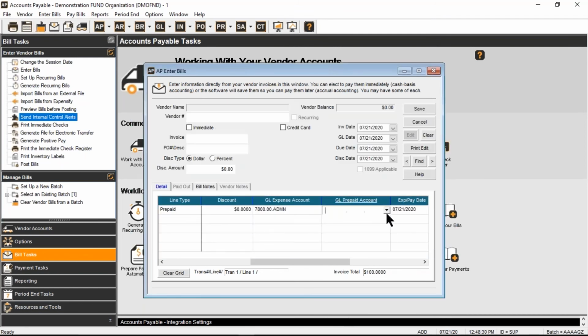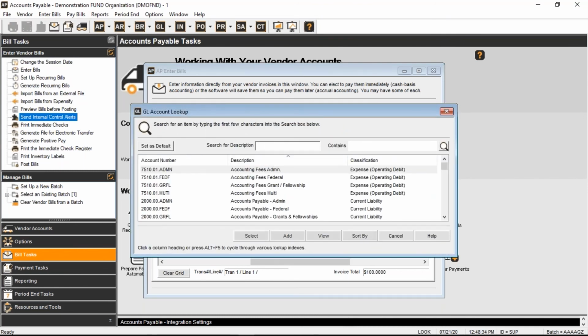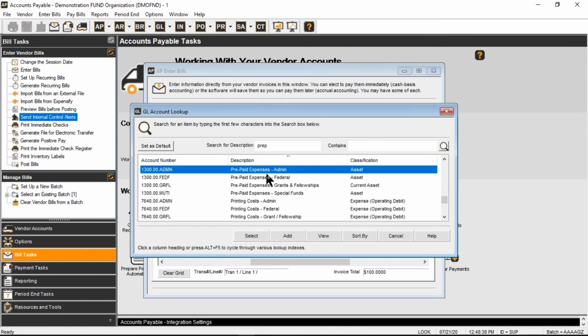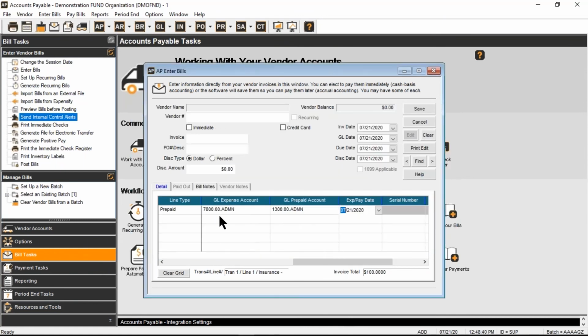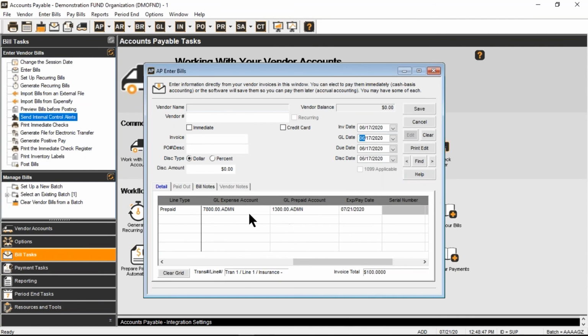But now you're going to add what's called a prepaid account. This is going to be an asset account for prepaid expenses. Let's say this was actually done in June. Let's back this up to June. So I'll do July, then I'll do August, September, October. I'll fill that all out for the whole year, however much I need to allocate it for each month going